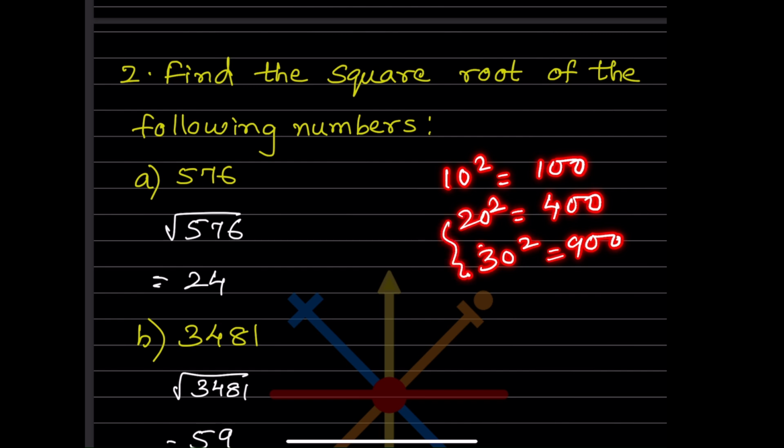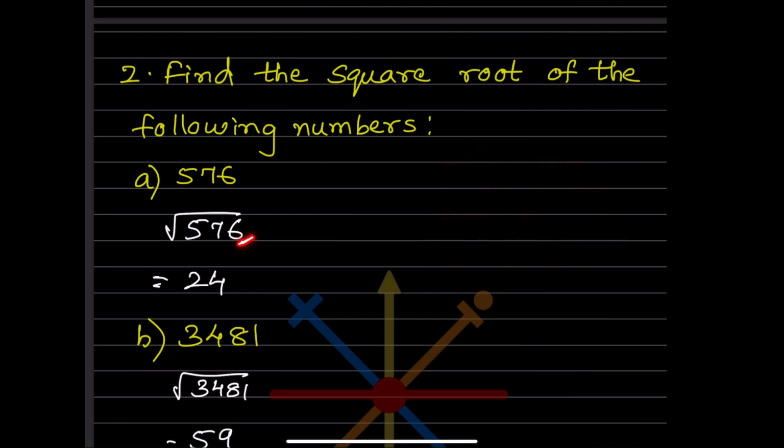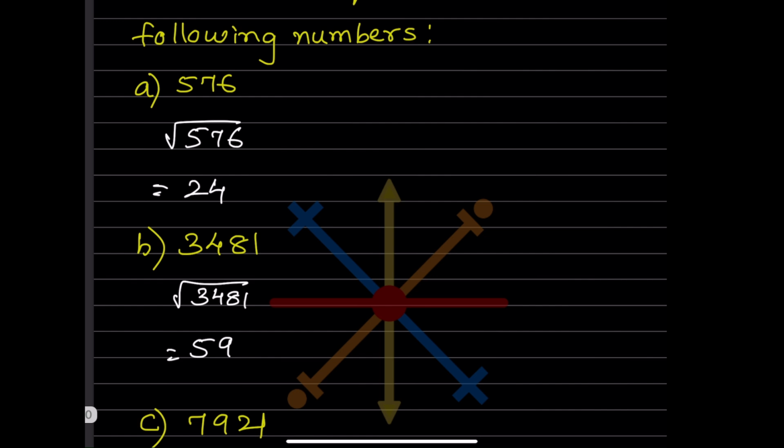So now let us see, for 20 square is this one. So here we are going to see the units place digit. So where do we get that? That is going to be 24, or we get here 26. So when you multiply 24 into 24, you get 576. So that is one of the ways, or you can do it by long division. Anyways, you can do it. Now